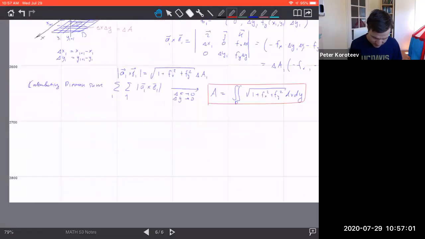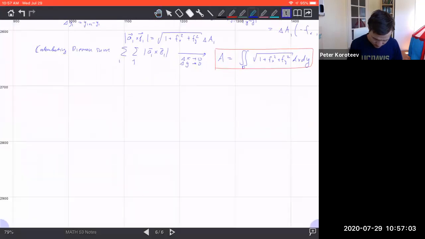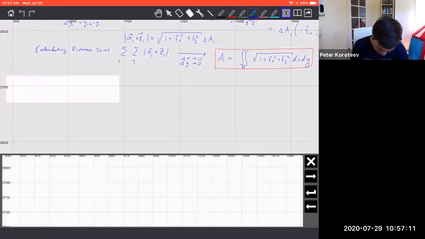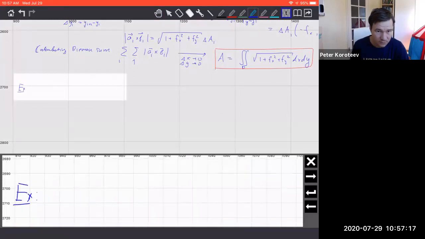So let's do an example. Let's find the surface area of the paraboloid